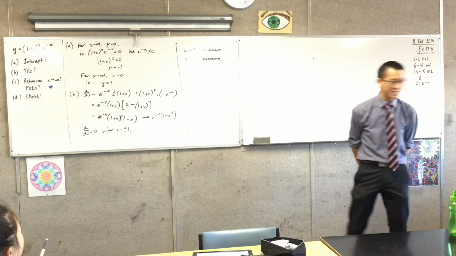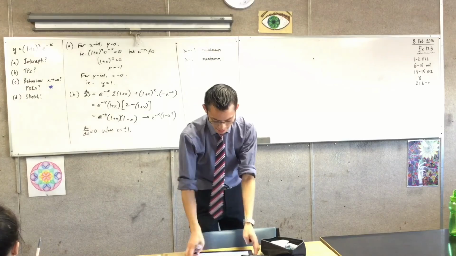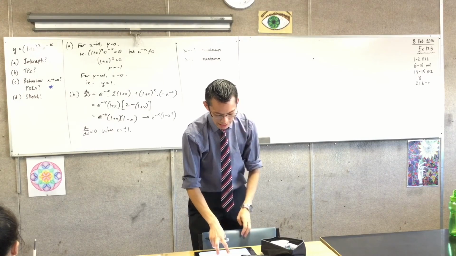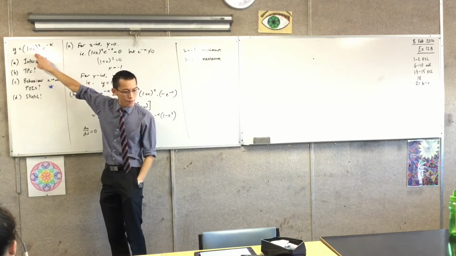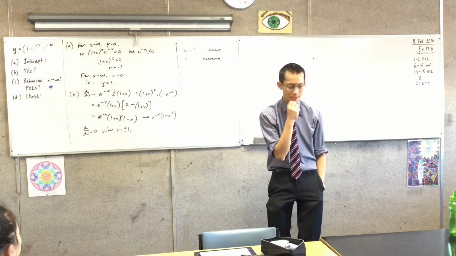So now we get to the sticky end of things, and it asks us this question. Again, I'll give you the exact wording. It says, examine the behavior of y as x approaches infinity, and hence deduce that it also has two inflections. Okay, so